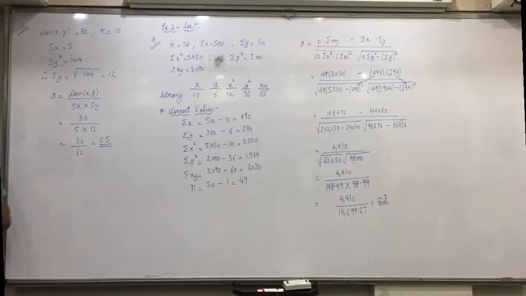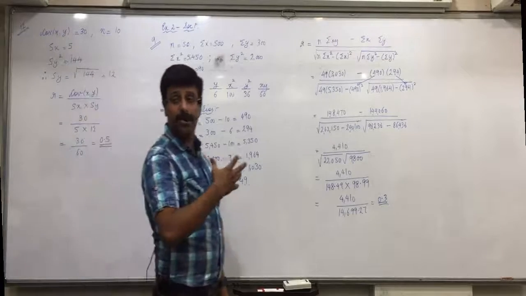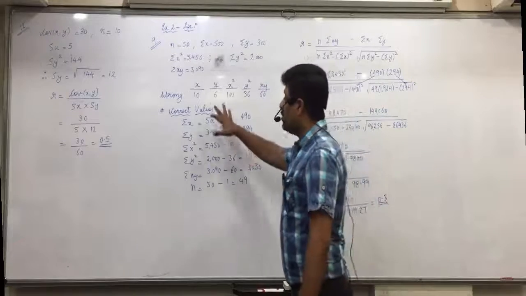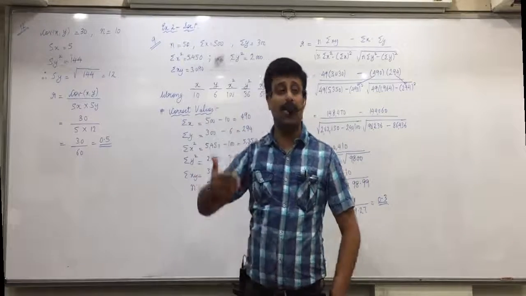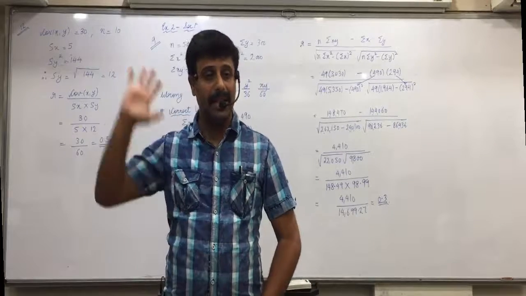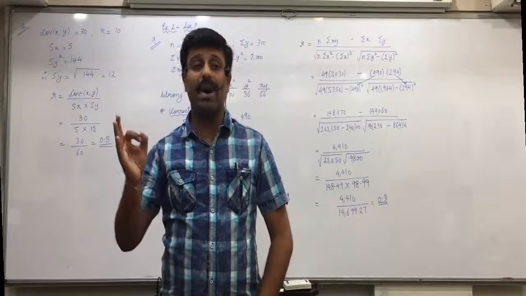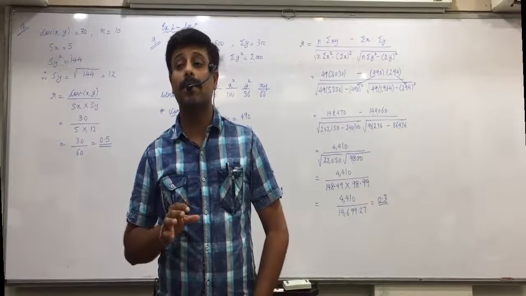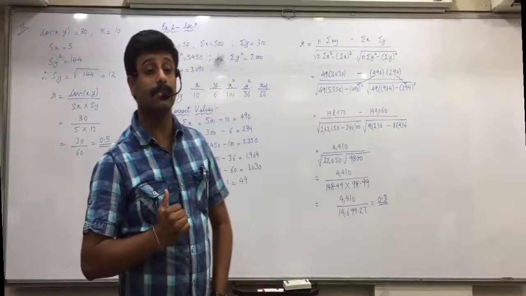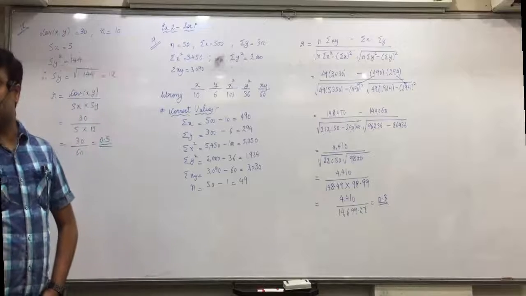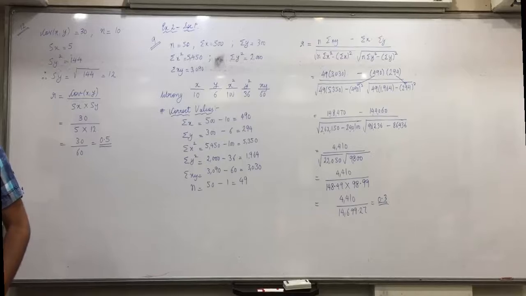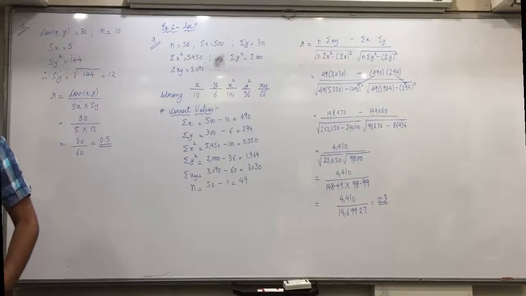Now be attentive here, one more new point is possible in the example. What is that new point? Understand it. You are given that one pair of observation 10 and 6 is additionally included by mistake. Suppose it was given, as we did in mean and standard deviation last year, that one pair of observation 10 and 6 is taken by mistake instead of 12 and 8. Then 10 and 6 are wrong values, 12 and 8 are correct values.